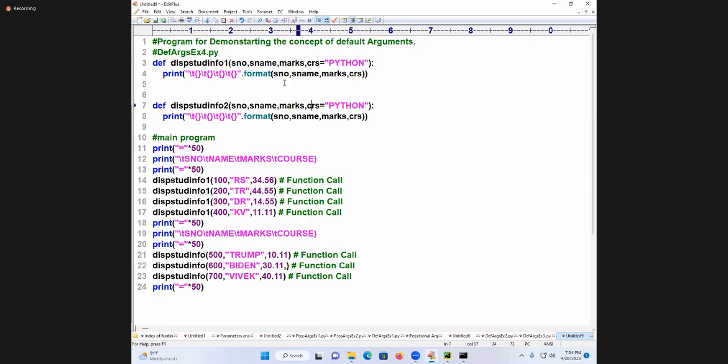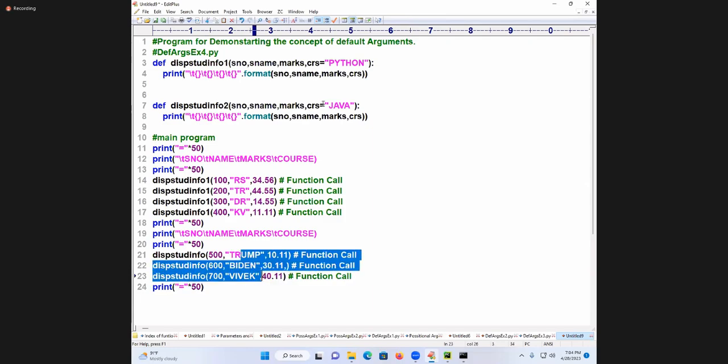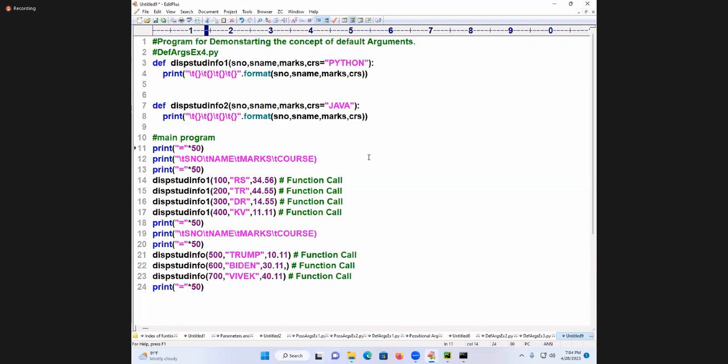What is the course here? I am writing Java here, and here I will write course. I am not passing any common value for these people. Common value represented or not? Try to run this. So, line number 12, okay, double quotes here and here also double quotes.